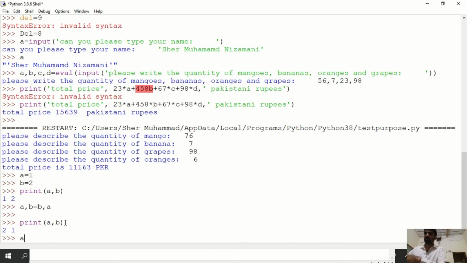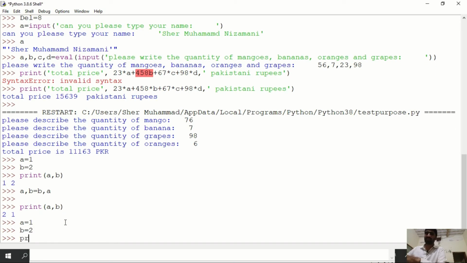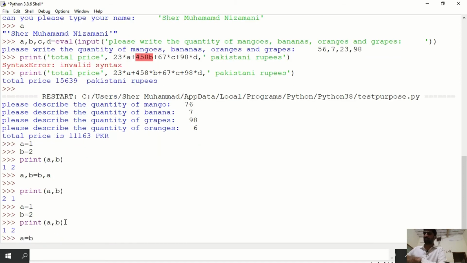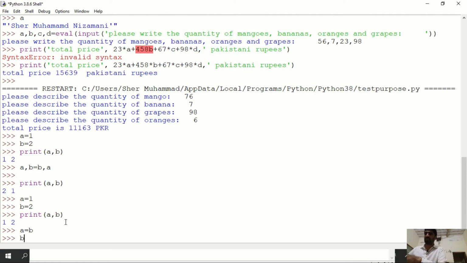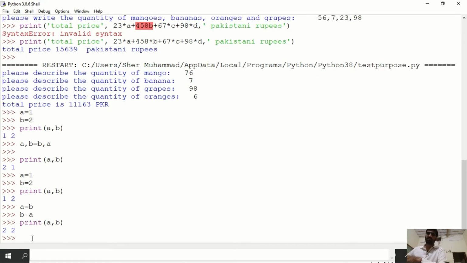If you don't do this and don't introduce a temporary variable, and you directly say a equal to b and then b equal to a, then you find both have 2.